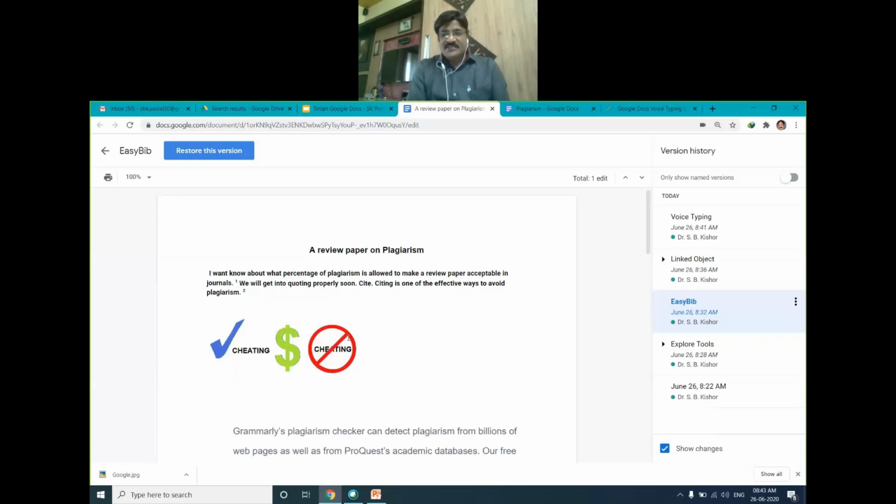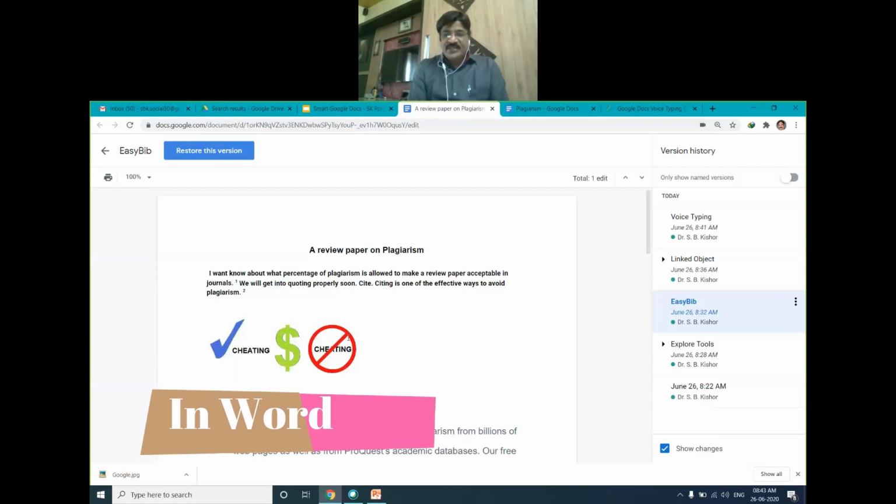Assume that you have created one file and you have made certain changes elsewhere, not necessarily in a continuous fashion. Later on, if you want your original version, you can't get it very easily when it comes to MS Word. It might be possible that you need to edit the entire thing from the beginning if you have not made a copy of that file.